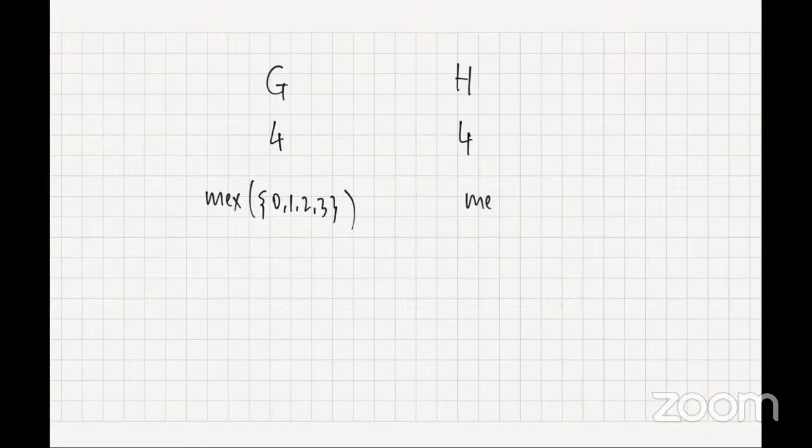So let's think about, let's say, two games, G and H, which happen to have the same number. So let's say they both have number 4 associated with them. And let's say here 4 was obtained because it was the max of 0, 1, 2, 3. And let's say here 4 was obtained because it was the max of